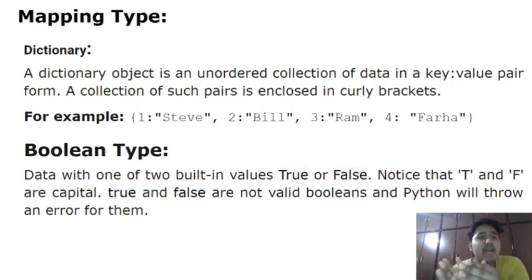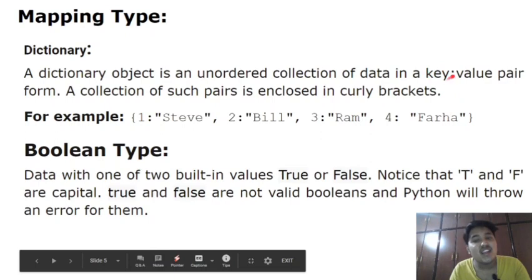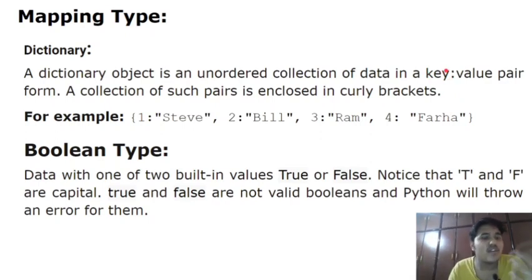Let us take an example of a dictionary, Oxford Dictionary or any other dictionary. If you open the dictionary, we will have a word and its meaning. This word is called the key, and the value is called the meaning. So a dictionary is a collection of key value pairs. You will have different keys and different values. Now one important point to note is that the key is immutable and the value can be mutable. When we talk about dictionaries, we will go into depth.